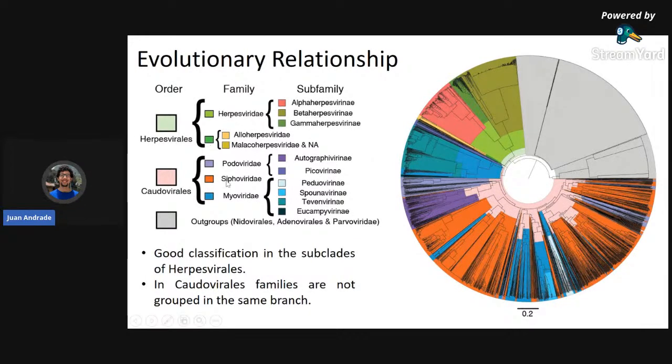If you take a look, for example, at the dark orange, which represents the family Siphoviridae, you'll see that there are orange branches all along this big Caudovirales branch. This is due to the fact that the classification of the 3 traditional Caudovirales families has been put into question recently. And basically, what we ended up doing, as I mentioned towards the end of the presentation, was that after we worked with the Herpesvirales, we moved on to try to redefine these Caudovirales families. But for now, suffice it to say that Herpesvirales and Caudovirales are part of the same branch, which suggests an evolutionary relationship between the two.